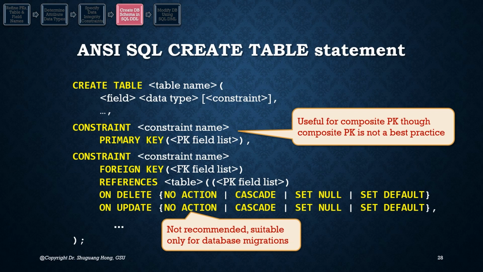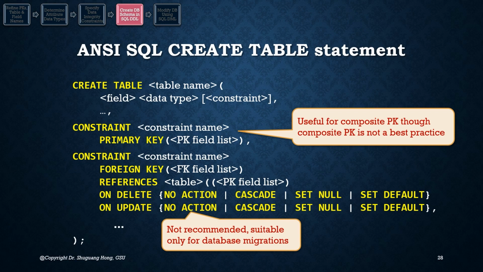It is not recommended because we would have no control over the data integrity of the database and outcomes of database changes. The practical use of this action is limited to doing massive database migration from one database to another. In such scenario, it allows us to turn off the referential integrity constraints temporarily for the data migration. After the project is completed, the database administrator should restore the referential integrity constraints as designed before deploying the database